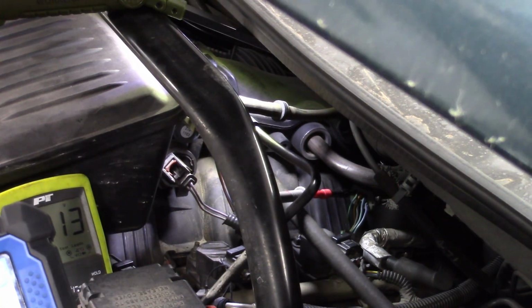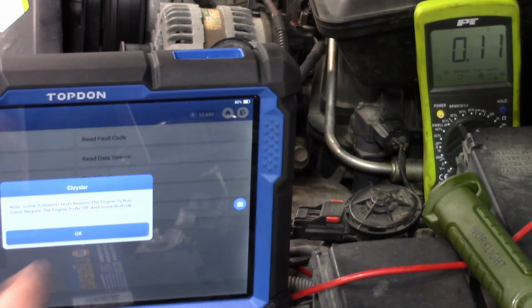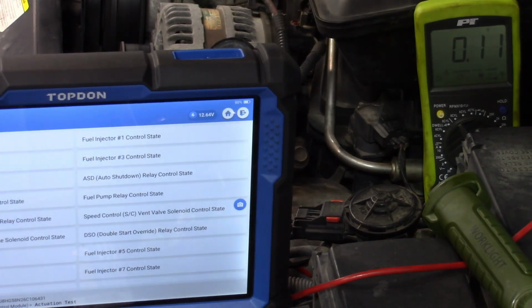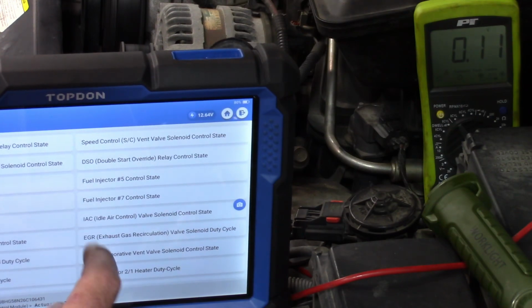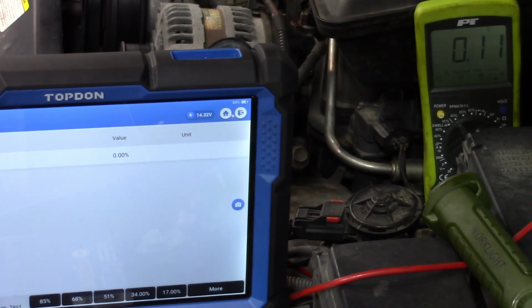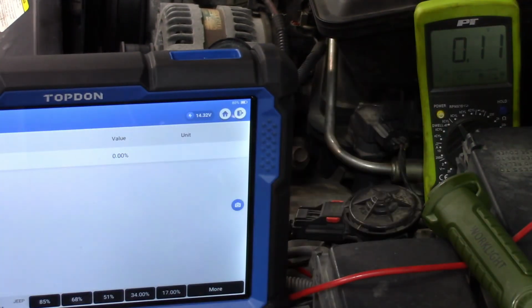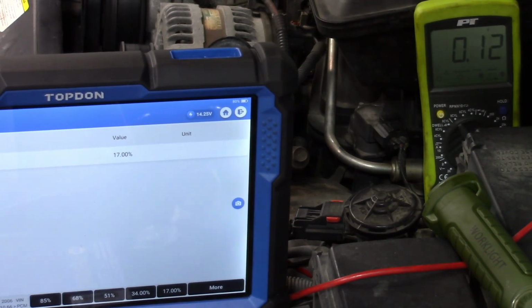See if we can get our scan tool in here. All right, let's go back to our actuation test again. And now we'll be able to see, are we actually getting this EGR valve to move using our computer? Where was that? Right there. Okay, so we're at 0% now. We've got 0.11 volts on our meter. We're going to hit our 17%. There it is. Oh, and it did move up